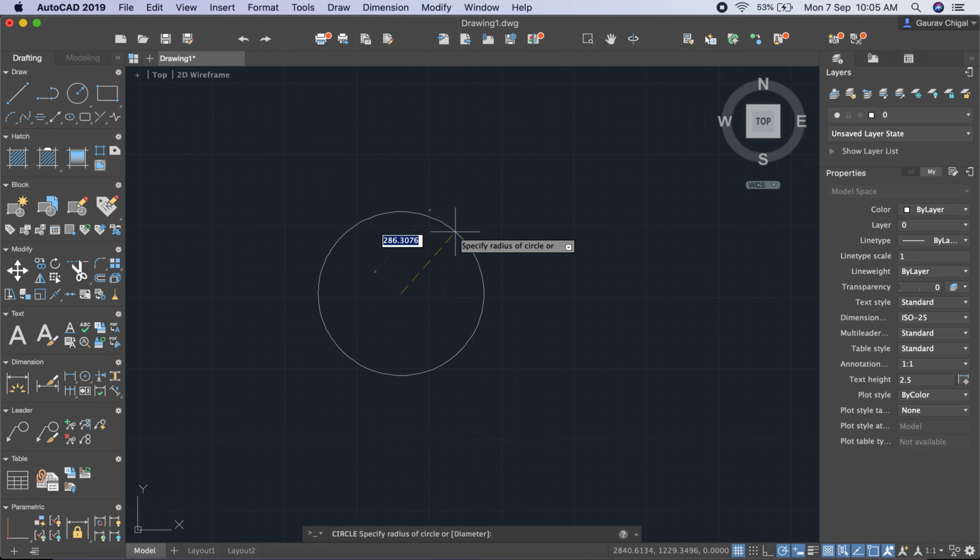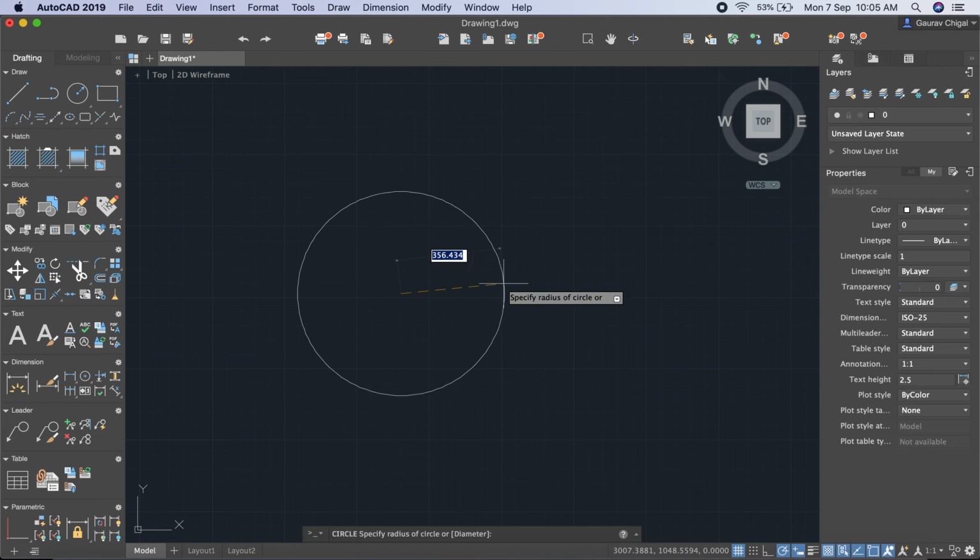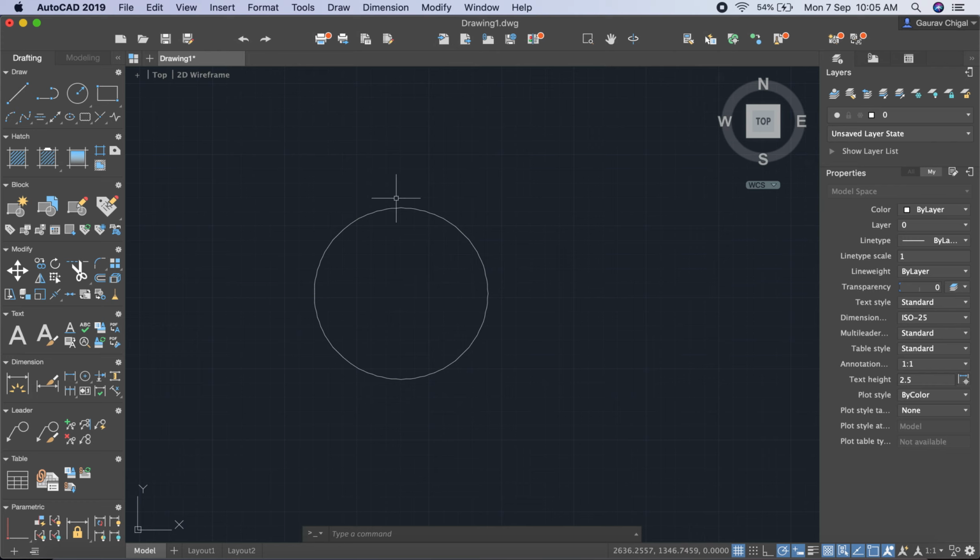By default in AutoCAD the circle selects the radius, but if you want to give the diameter, you have to press D on the keyboard and then give the diameter. So by default it is selecting the radius, so I just give the radius as 300 and then enter. Now the circle is defined with a radius of 300.